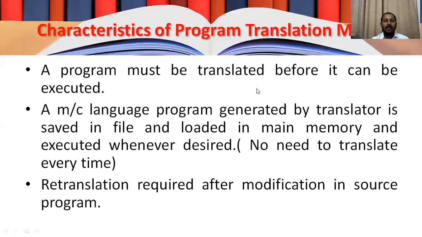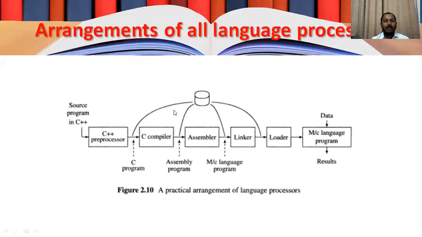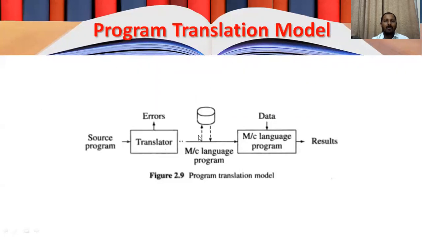We can see in detail in this diagram how it works. But before that, I'll explain the same model by giving one example. Suppose we have a C program as input. Now, if the C program has some errors, suppose a semicolon is missing, or any other error, that will be reported as an error here.